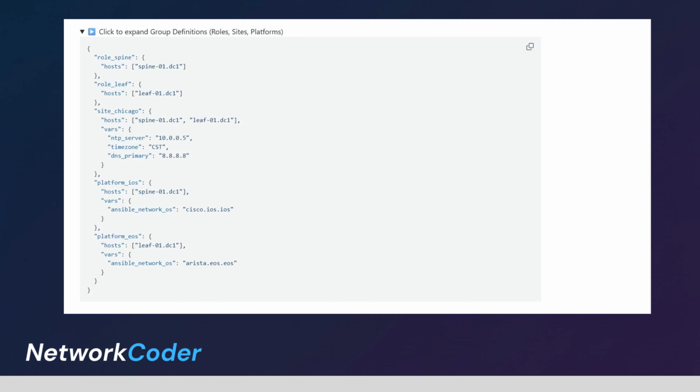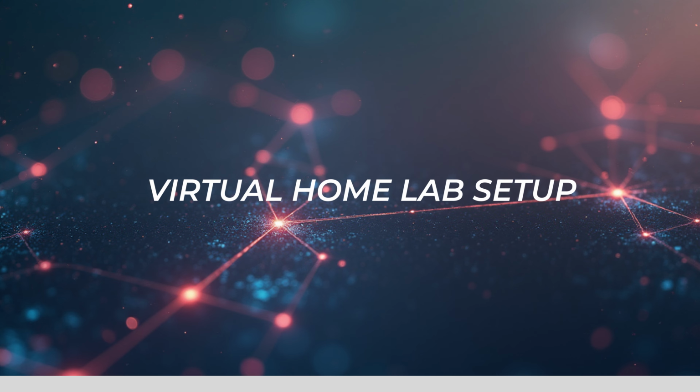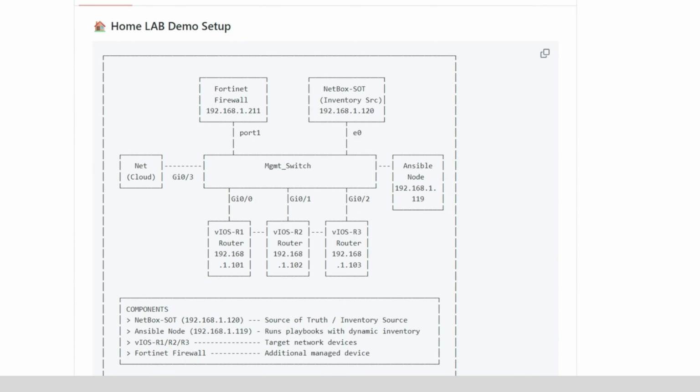Alright, so these are the key components I want to cover. Now let's jump into our actual lab setup. Here is what we're working with, our home lab. We have NetBox running, this is our source of truth. All devices were auto-discovered in our previous video using Diode, so they are already populated. Then we have the Ansible node, this is where we will configure the NetBox plugin and run the playbook. And we have a couple of virtual routers, which are our target devices for the Ansible control node. So the goal is simple: Ansible queries NetBox, gets the virtual routers with their IPs and metadata, and runs the playbook against them. No static inventory file, everything comes from NetBox. So let's set this up.